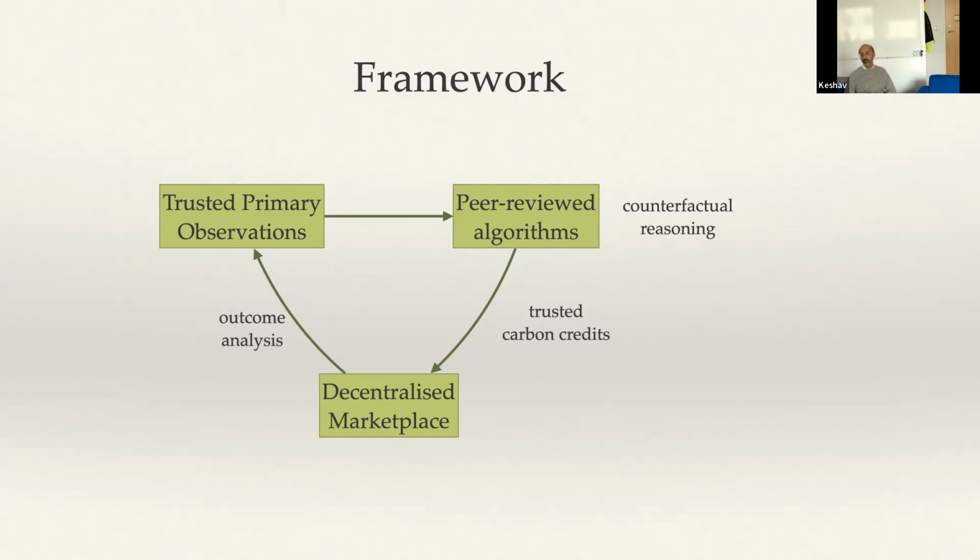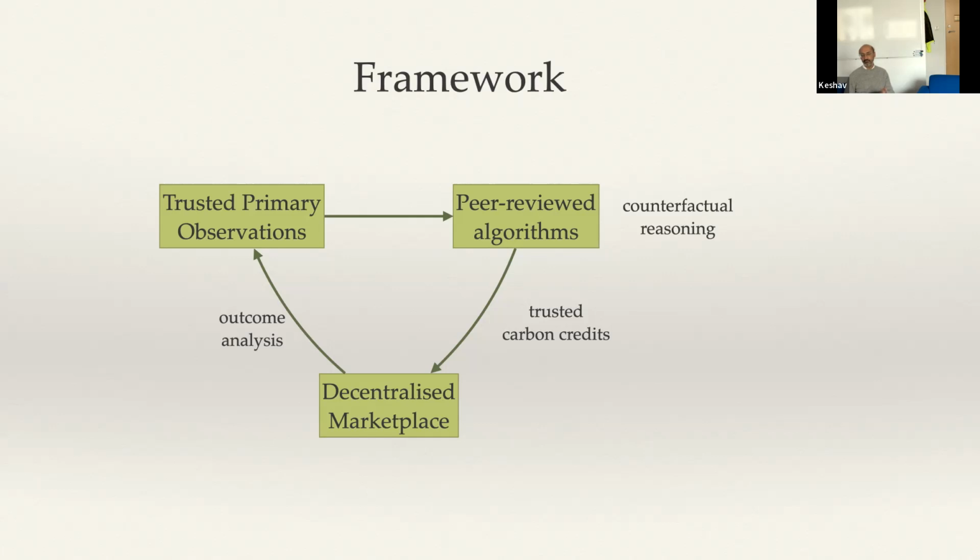On this basis, we can create carbon credits, which can then be trusted because these credits are backed by both algorithms and observations. Contrast that with the current approach, where essentially a consultant flies to, I don't know, Gabon, and spends a week there, writes up a report, uploads it as a PDF, sticks it somewhere and says, "I wrote this report, trust me," to saying, "Look, here is what it looks like from space. Here are the algorithms. Go check for yourself that these algorithms are giving the right outputs, and therefore these credits can be trusted."